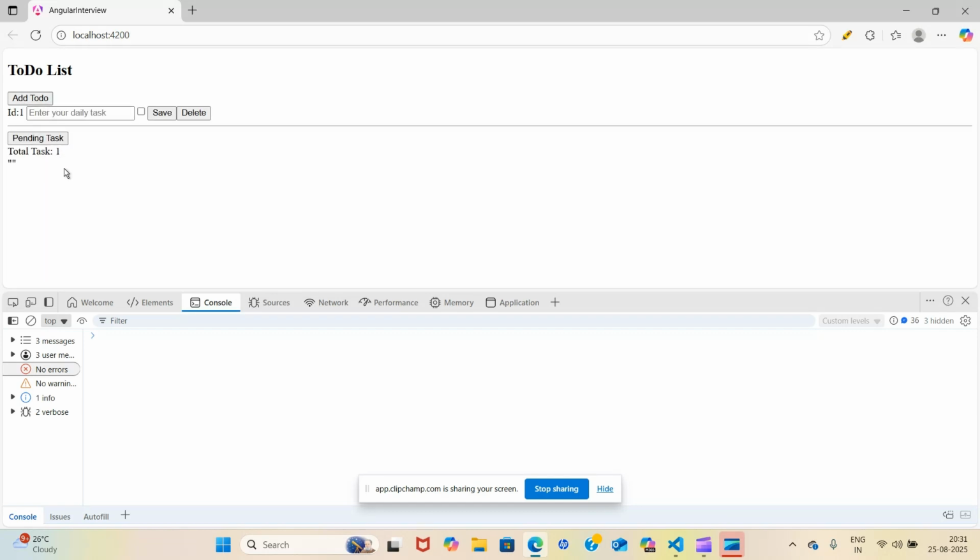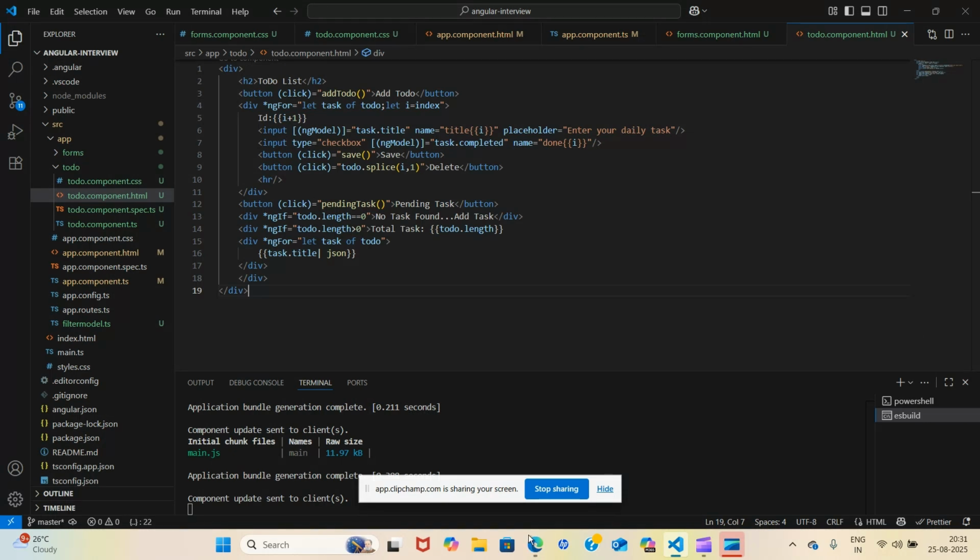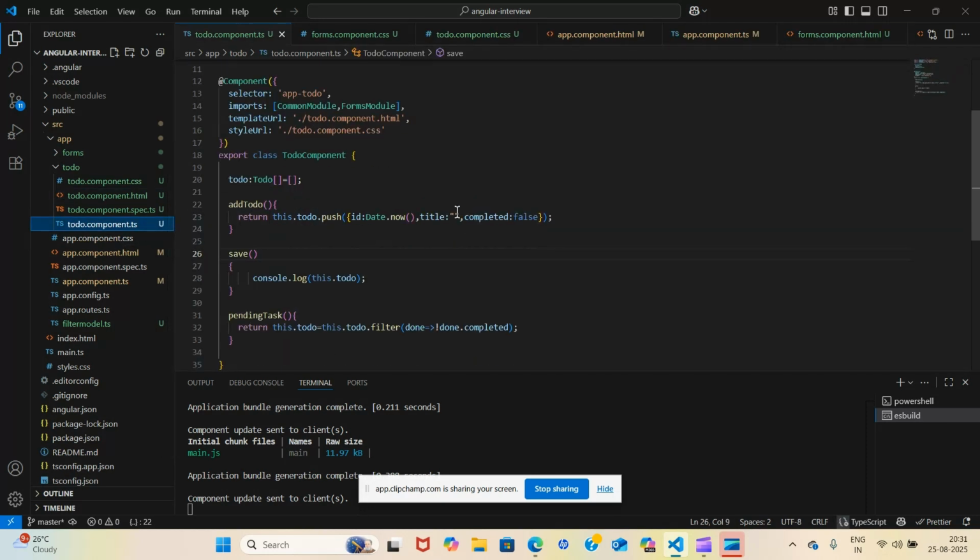Why is it coming total task 1 without even saving it? This is coming as empty, right? So we need to look at why it is coming like this. Your title is initially an empty string. I have, right.